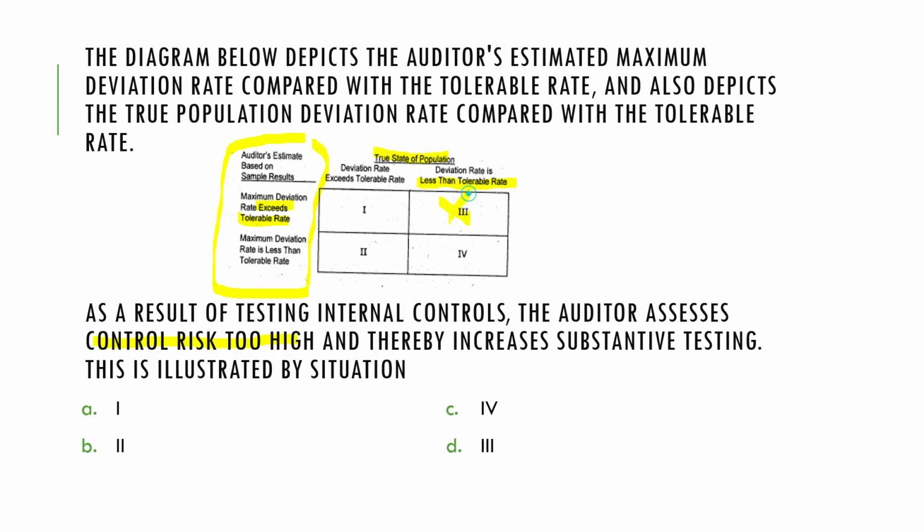So this one would be represented by quadrant number 3, and that should be delta. This is what we normally say: we don't memorize which quadrant represents what particular risk, because the x-axis and the y-axis may change, so you just have to analyze what the quadrants are trying to tell you. In this case, assessing control risk too high, or the risk of under reliance. You did not rely. This is your type 1 risk, represented by the third quadrant, and that is, of course, delta.